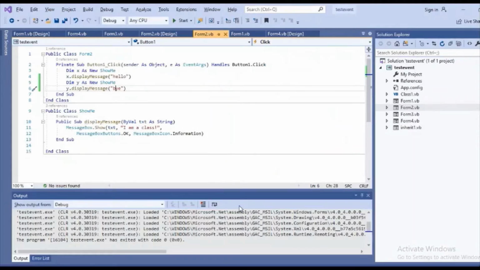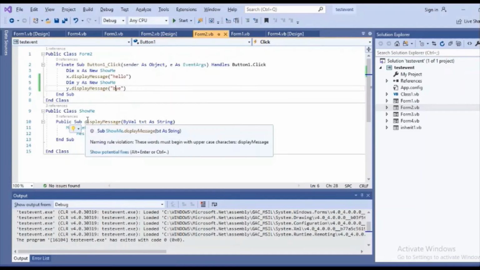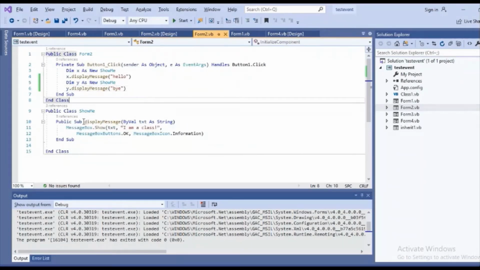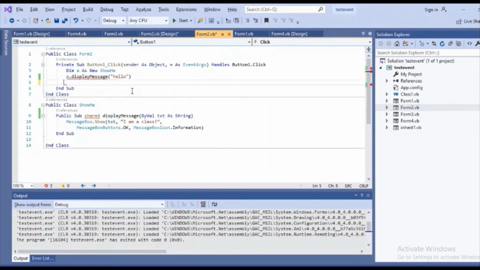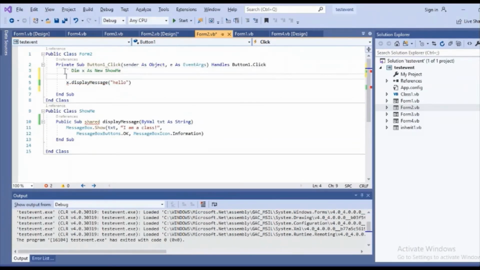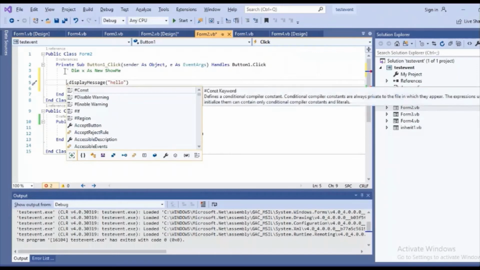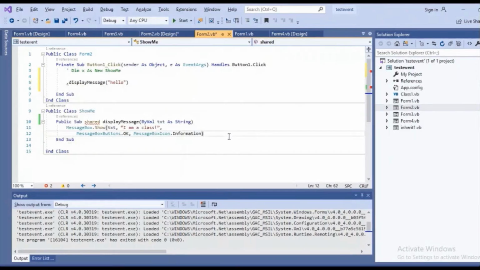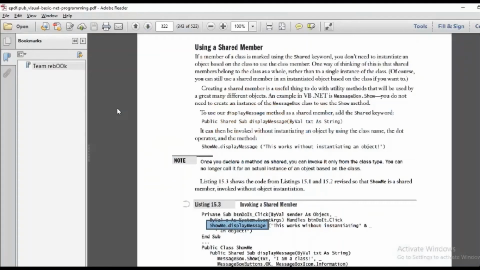So what I'm going to do here is write sub shared. I'm going to give it the name shared, and here I will not create this instance X. I'm simply going to use the name of the class. What's the name of the class?